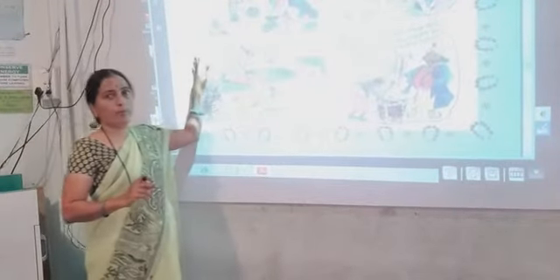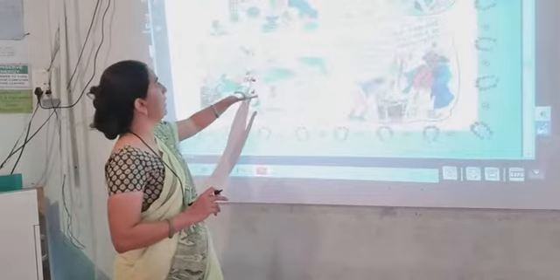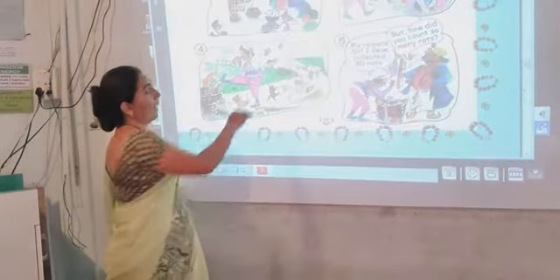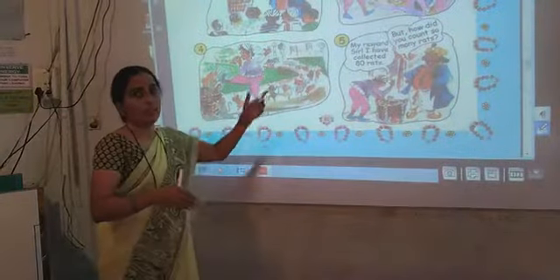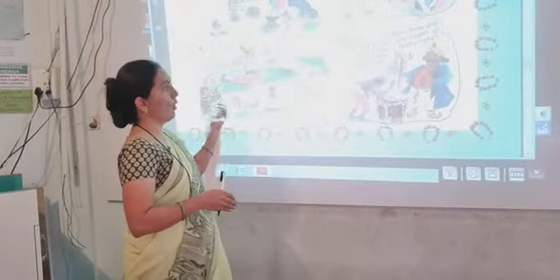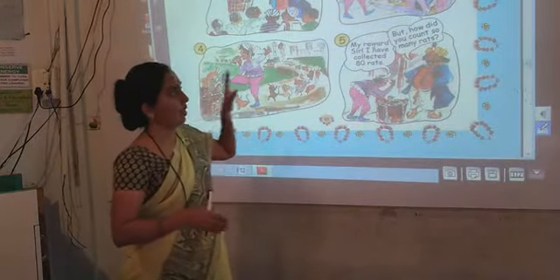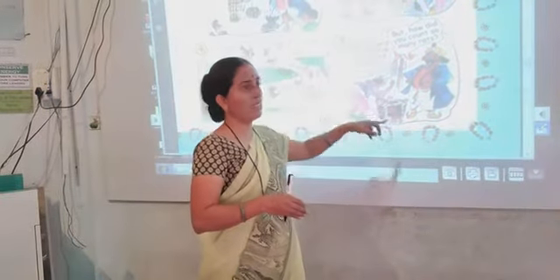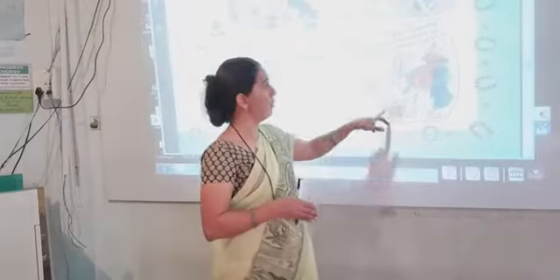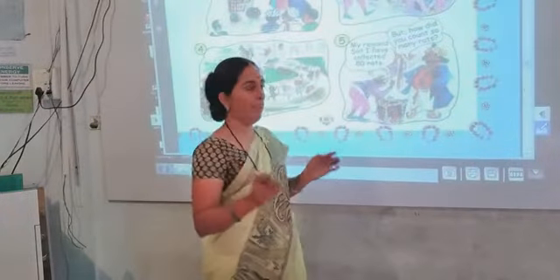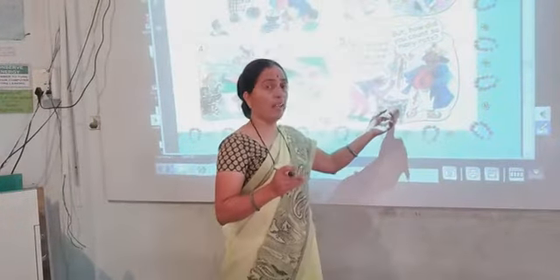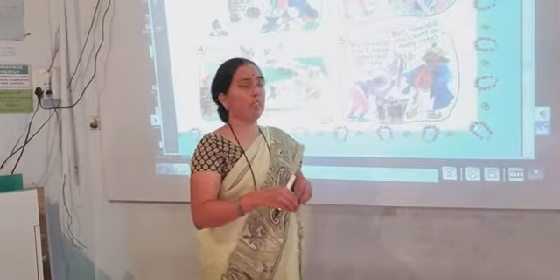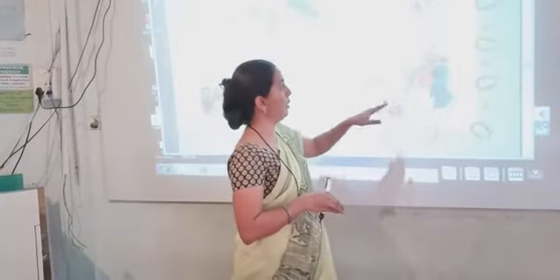In the picture number 4, you can see the flute man is playing the flute and the rats are coming behind him. In this way he is going to catch the rats. Now in the picture number 5, the flute man has come with the basket. In the basket you can see there are the rats. He has caught the rats and he has put them in the basket and he has come with the basket.